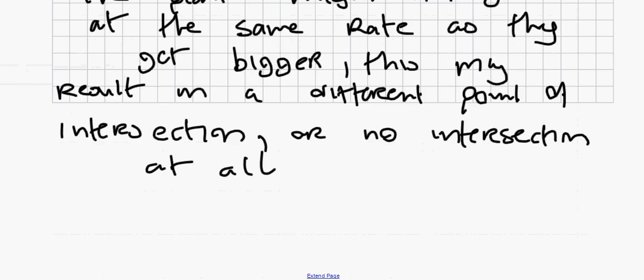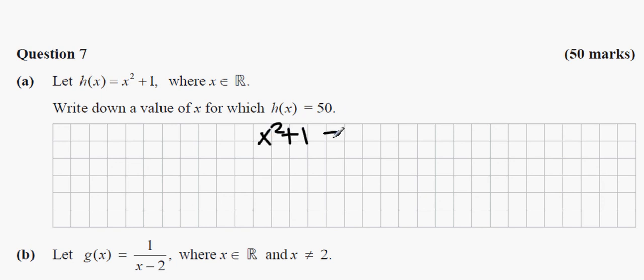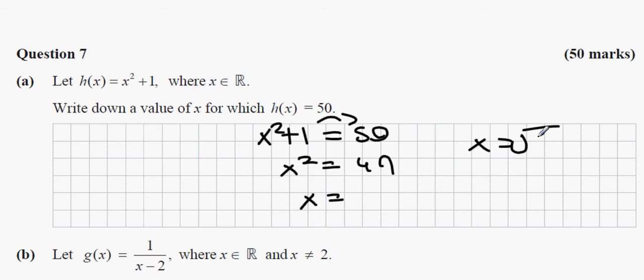Now, next one. Question 7. What are we doing with question 7? Write down the value for which hk equals 50. hk is x squared plus 1. This equals 50. Bring over the 1. X squared equals 49. X could be equal to the square root of 49,